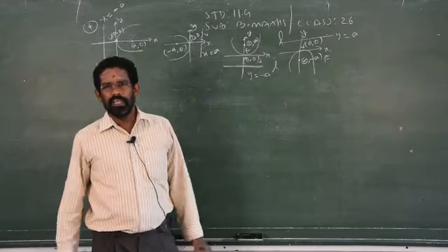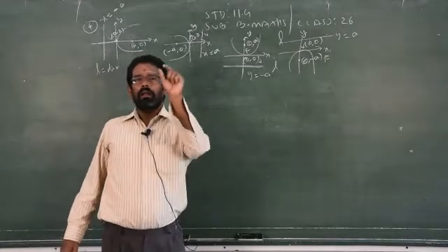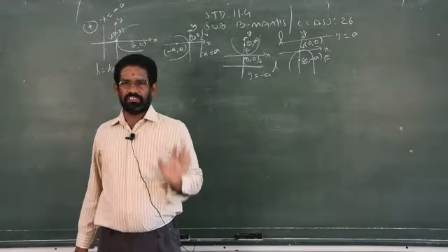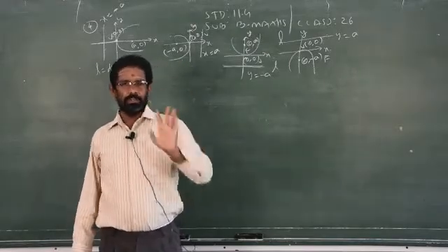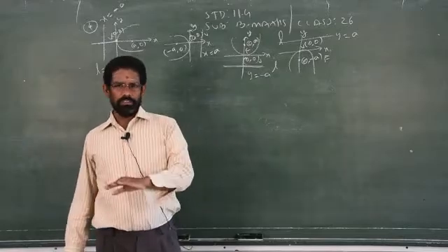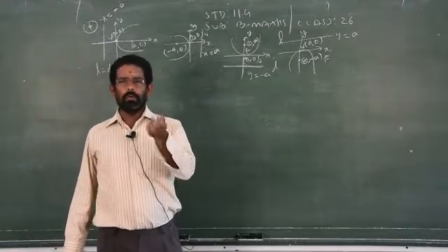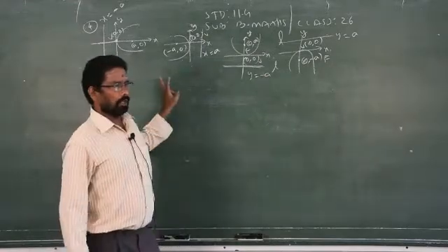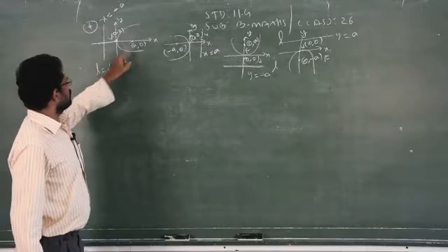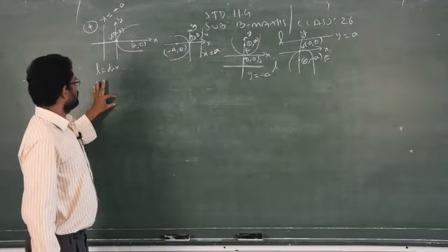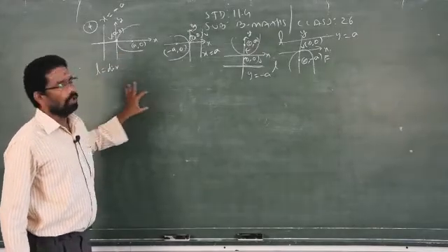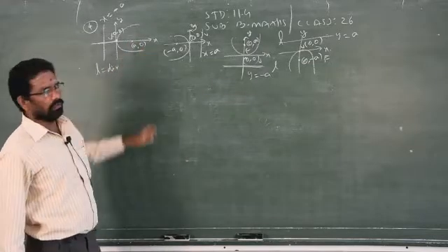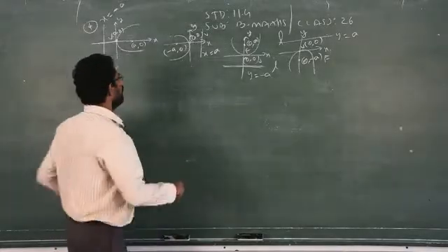That's all over. Then what is the axis of the parabola? If the focus lies on the x-axis, then the axis is the x-axis, or y is equal to 0. X-axis, y is equal to 0. Both are the same, because for a point on the x-axis, y is 0 only. Therefore, when you find the axis, you have to write it depending upon the focus. When the focus lies on the x-axis, the axis of the parabola is the x-axis or y is equal to 0. How to write y equal to 0? Because when the focus falls on the x-axis, y is always 0. Clear?